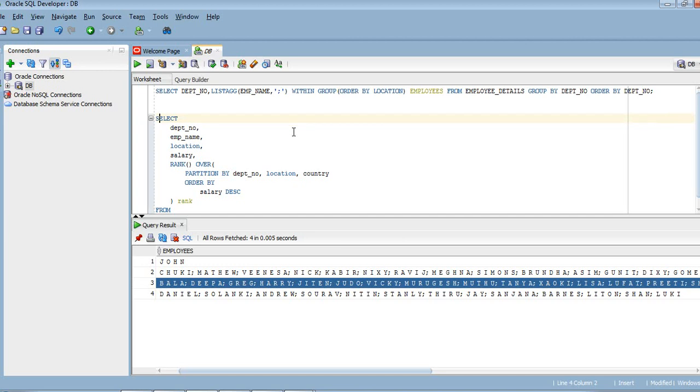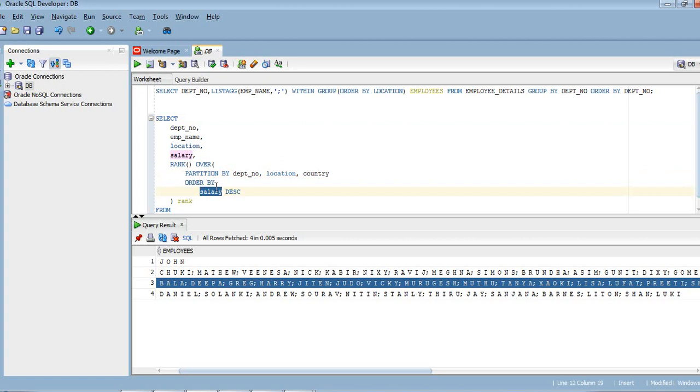So over here, what we are doing, we are trying to rank our output data. So this is another analytical function. So when we are using rank, we need to write the query in such a way like rank then over partition by. So what we are doing over here, we are partitioning our output data based on department number, location and country, and ordering it by salary descending.